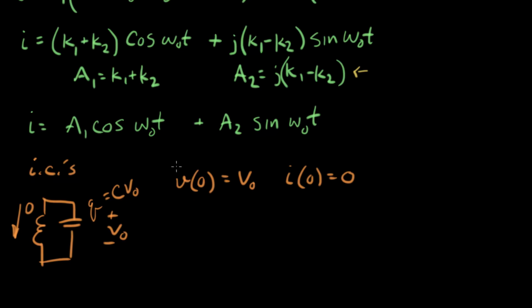So now we're going to use the initial conditions to figure out our two constant values, A1 and A2, that are in our proposed solution for current for the LC circuit. One thing we need to do, because this is a second order equation, we need to have two initial conditions for the variable that we're studying here. So we're studying I. Right now we have one initial condition for I. And because we have a second order equation,